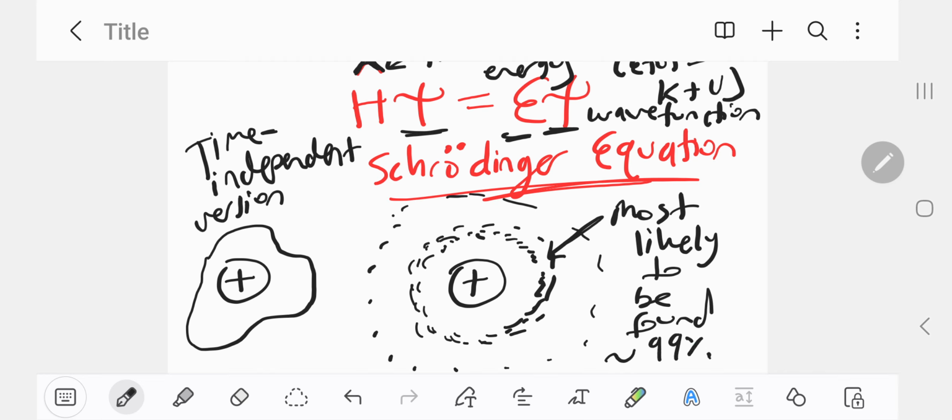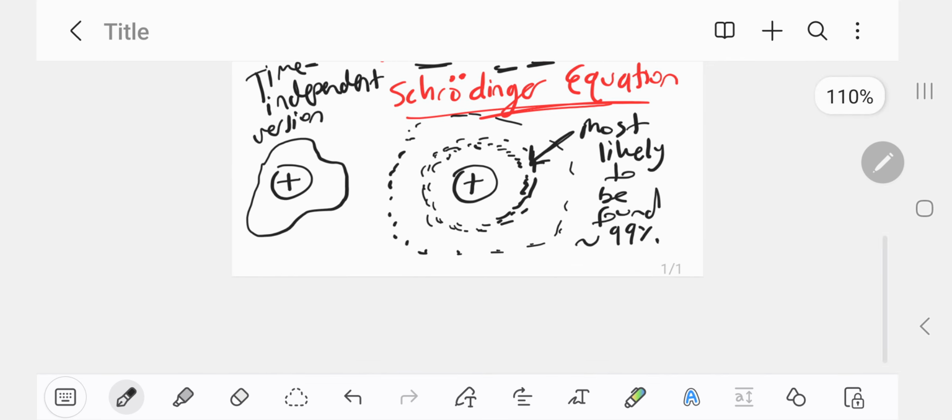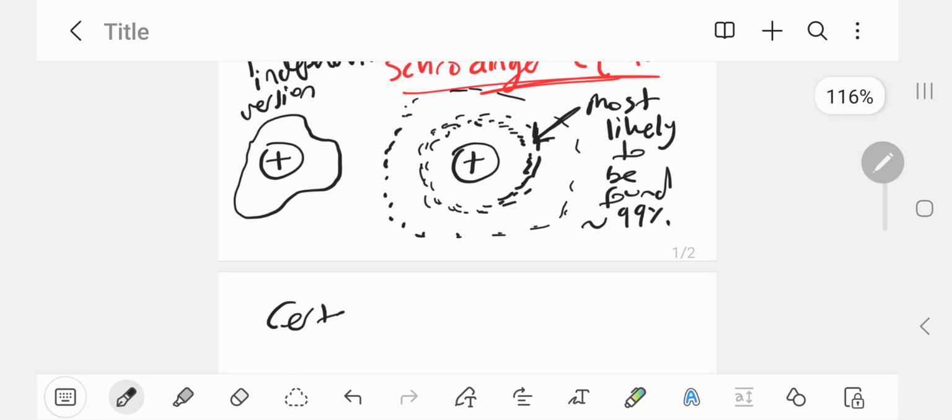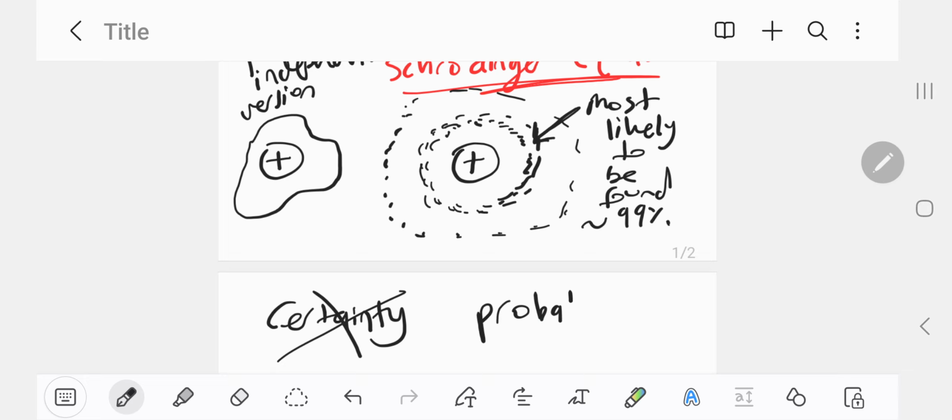And it makes sense if you really think about it. There's a really high chance of finding the electron near the nucleus, because electrons are negatively charged, protons are positively charged, and they attract. Where the dots are less dense, that's where the electron is less likely to be found. Let's say 1%. So Schrödinger took this idea of probability quite literally, and he said that there's no more certainty in physics, in the atomic models. We can only have probabilities, likelihoods. You can only say that an electron might be here in this particular part of space. That's all you can say.